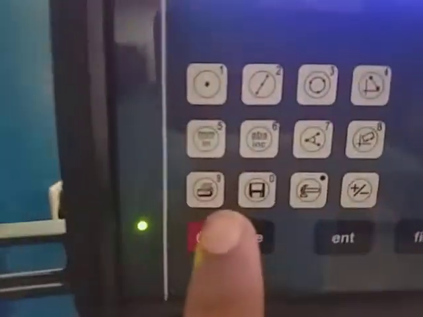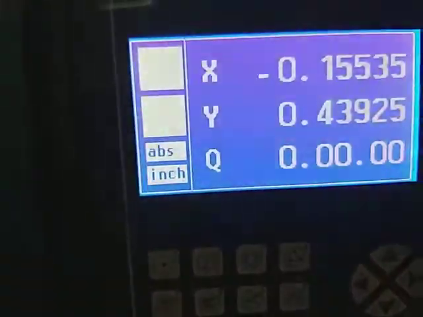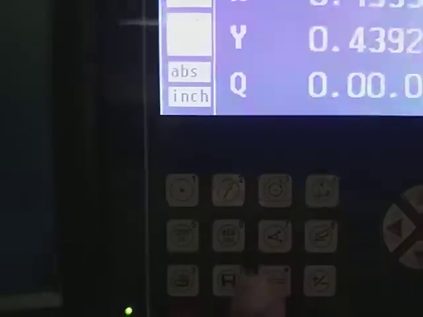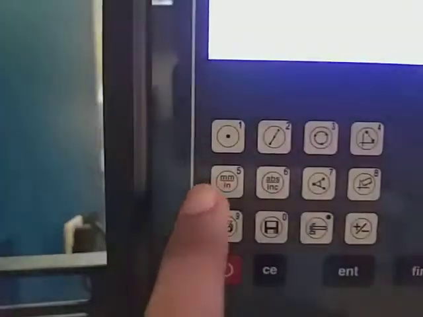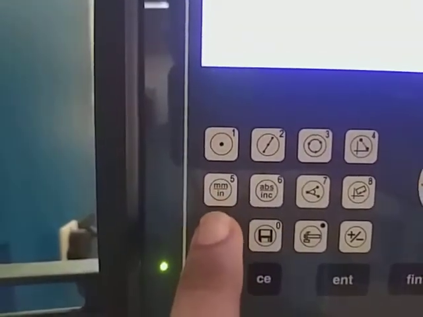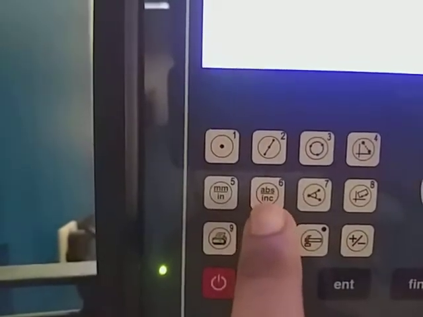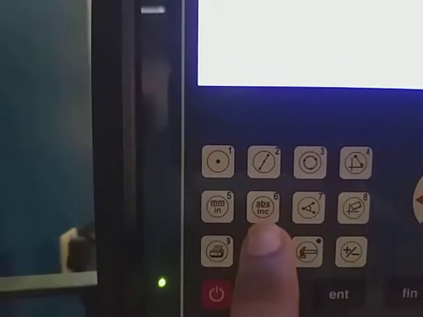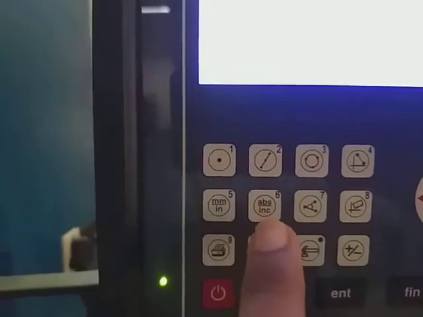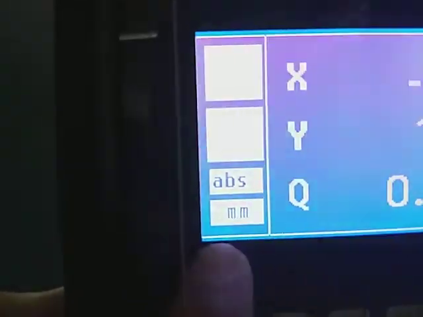Now, over here we have some symbols, that is, a point can be measured with the help of this, or we have point measurement, distance measurement, diameter measurement, and then we can measure angle over here. Conversion from millimeter to inch we can do with the help of this, or instrument system measurement from absolute to incremental. Simply all will be shown over here, that is absolute and inches. What we want is dimension in mm, so we will get dimensions in mm over here.